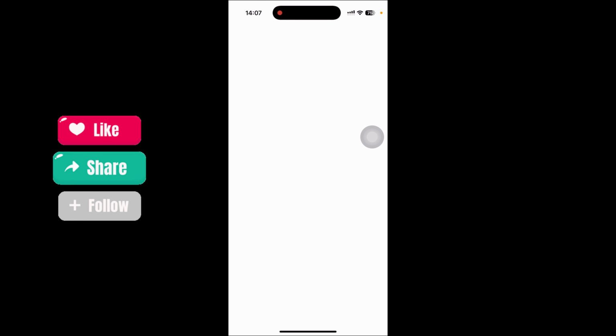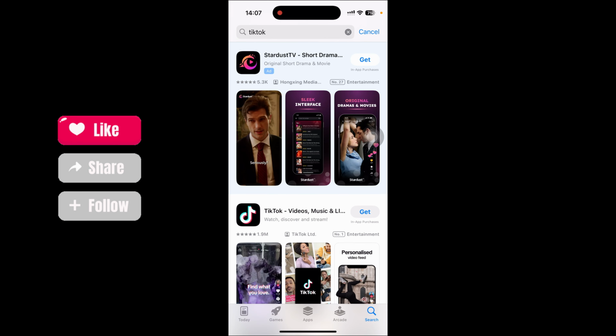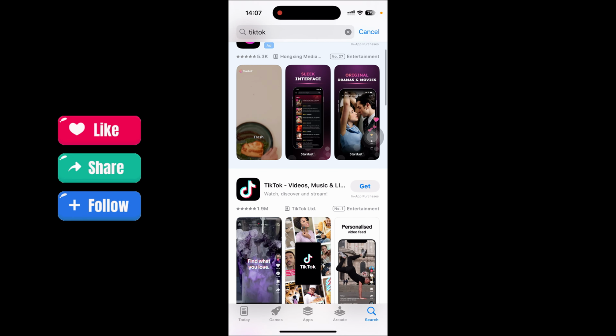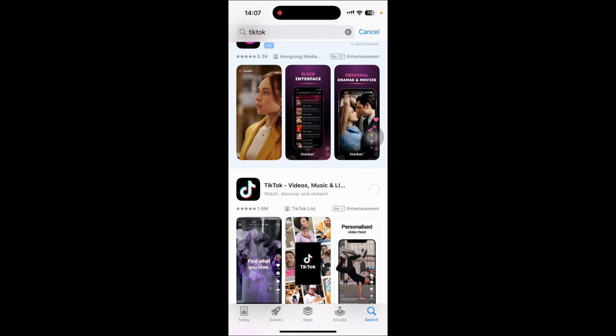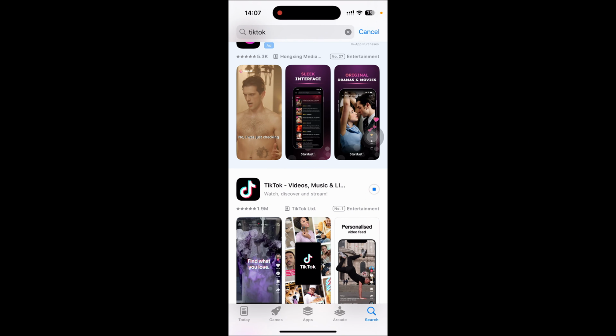Now let's check. Open your search bar and search for TikTok. Then you can see TikTok is available here. Press on get. Verify with your Face ID. Now it's installing. Now you can change your Apple ID again from France to USA, no problem, after you complete the